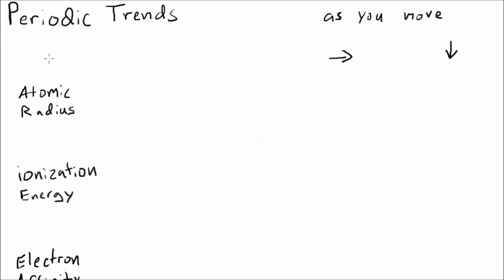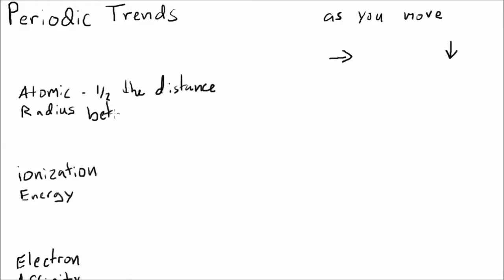We're going to start with atomic radius. An atomic radius is pretty much what you think it is. It's basically a way for chemists to measure the size of an atom. The way they do that is they measure how far apart the nuclei of the atoms are when two atoms of an element are bonded together. So it's half the distance